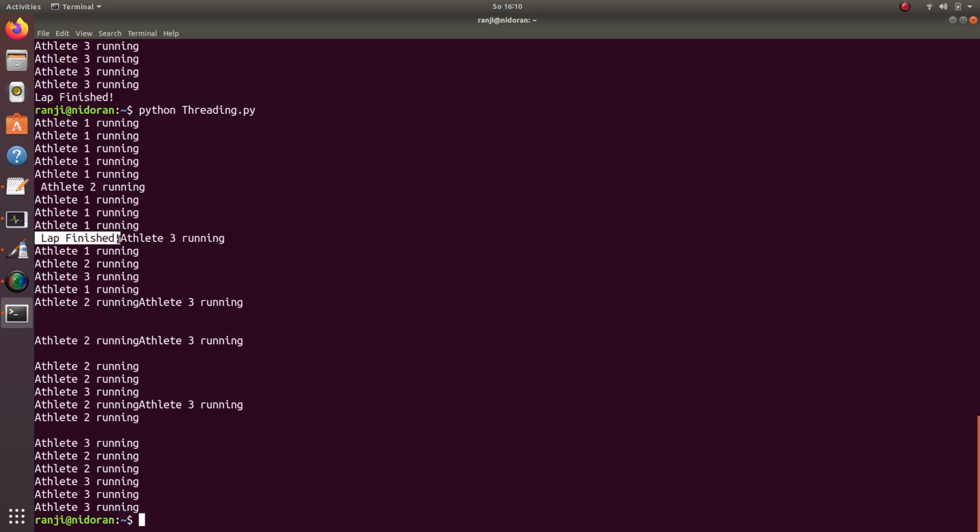At this point athlete 3 has not even started execution, but lap finished is printed. This is a strange execution happening inside, but we want to understand this and bring it under control.